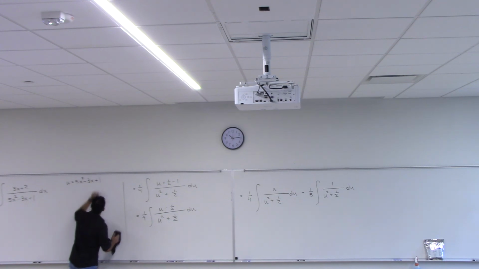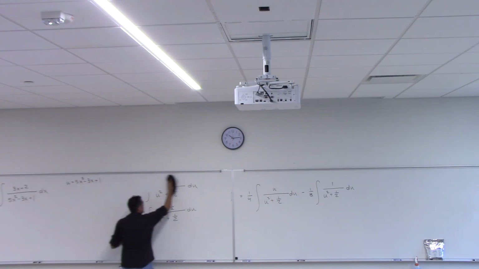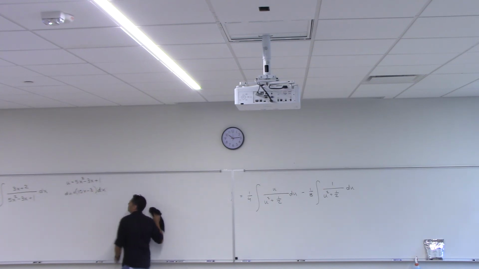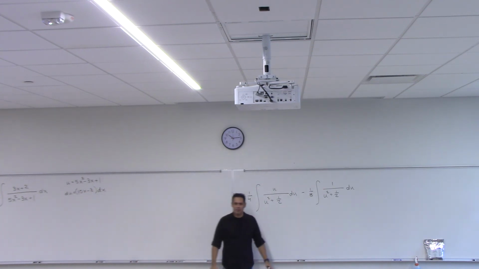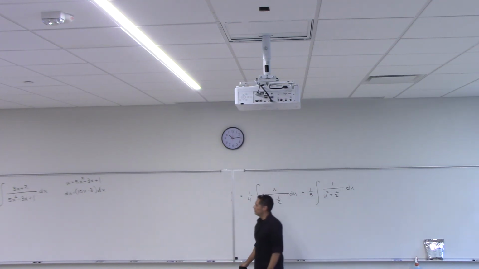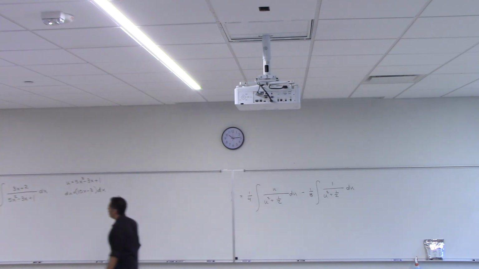I really wish the numerator was the derivative of that. The derivative of this is 10x minus 3 dx. So I need to make the top a 10x minus 3. By the way, you cannot